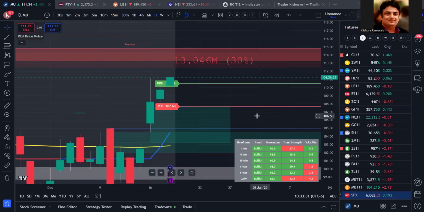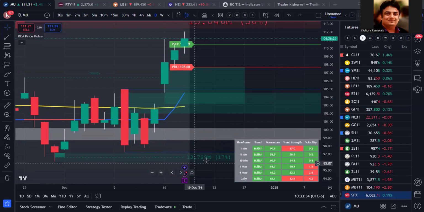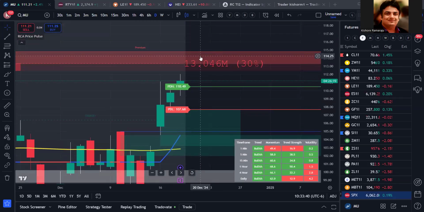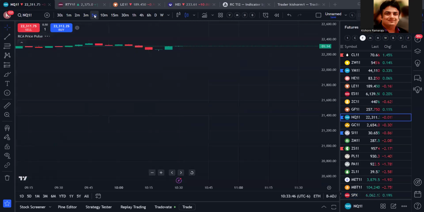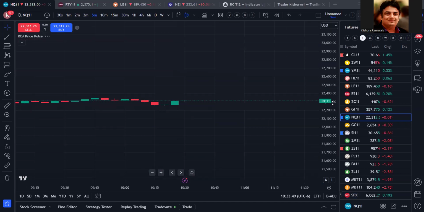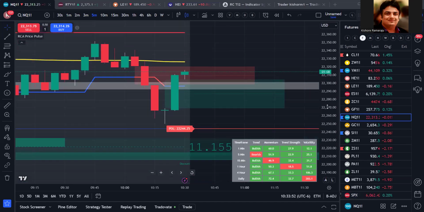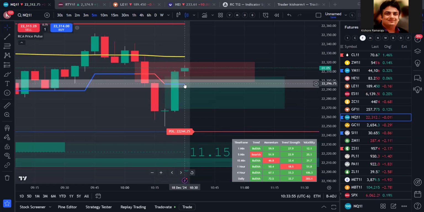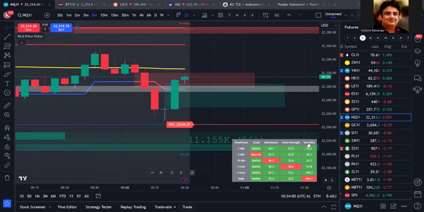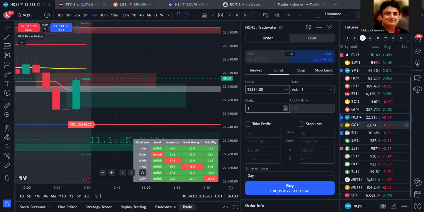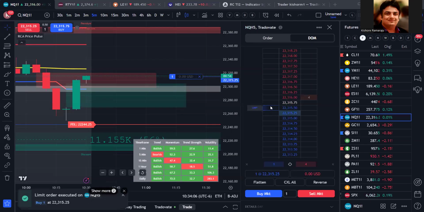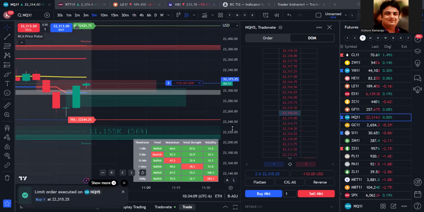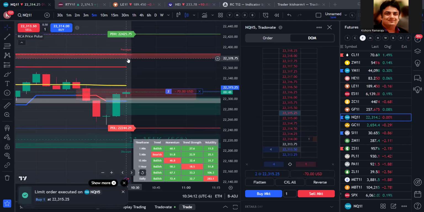But yeah, the only thing you need to see is you need to wait for a buy order block to go long, or you wait for a sell order block to go short. So now NQ started moving up, right? So your line turned blue. Overall the table is majority bullish. So I can go ahead and take a long position on NQ. There is a high possibility for a move up,